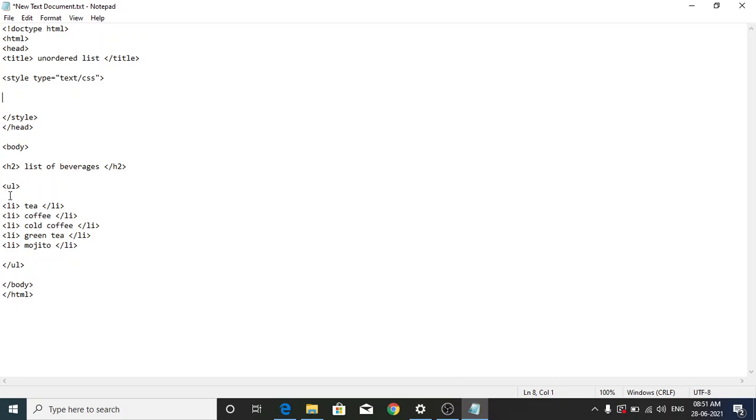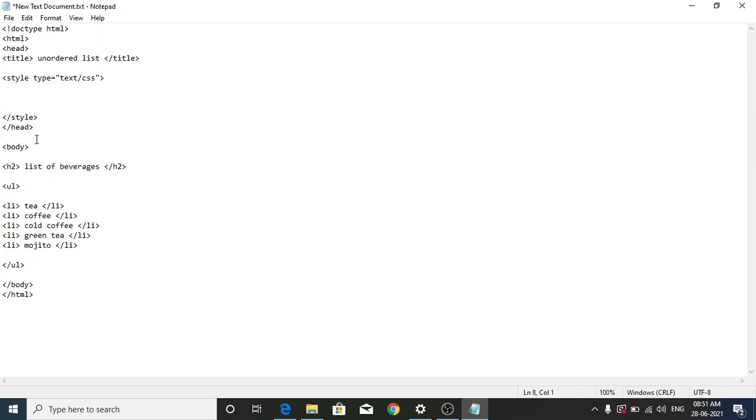We need not style everything, all the tags that we have in HTML. We'll style only the tags that we have used here. Here we have used 2 tags only, H2 and UL. The styling of H2 I'll show you in other programs. Now you see the styling of UL only.